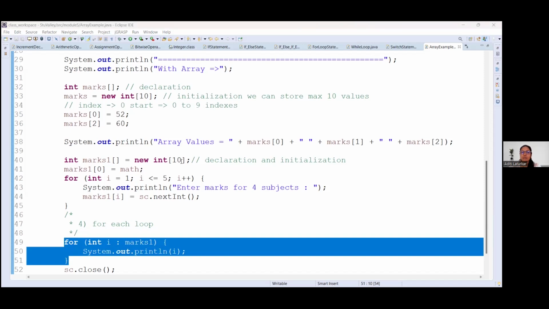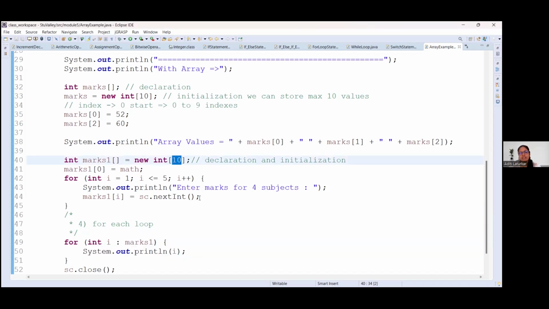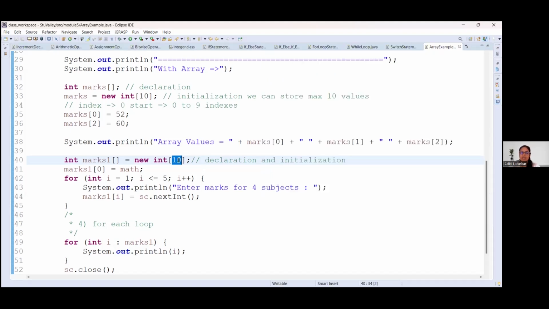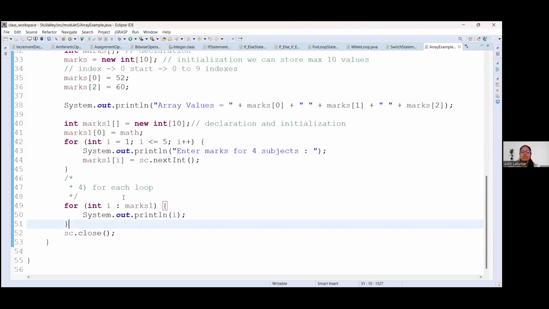If you are not storing that much data into the array, it will still iterate over all the values. Like here, we have given 10 as the size, but we have actually stored only 6 values into our array, right? So these 4 values don't have any values. We have not given any values. The default values stored are 0. But when we are using for each loop, it will iterate over the entire mentioned size, with all the indexes. But if you are using a normal for loop,